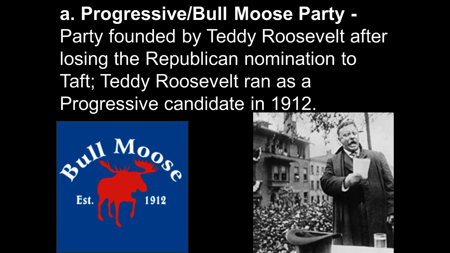All right, so the Progressive Bull Moose Party. The Bull Moose Party is an outgrowth of Teddy Roosevelt. It was founded by Teddy Roosevelt after he lost the Republican nomination to Taft. So Taft beat him out for the 1912 election candidacy. Basically, Teddy Roosevelt didn't like what Taft was doing, so he ran against him in the primary, trying to get nominated, and didn't win. And so Teddy says, well, fine. Screw you guys, I'm going to go make my own political party. It's going to be better than all of yours. So he goes off, makes the Bull Moose Party.